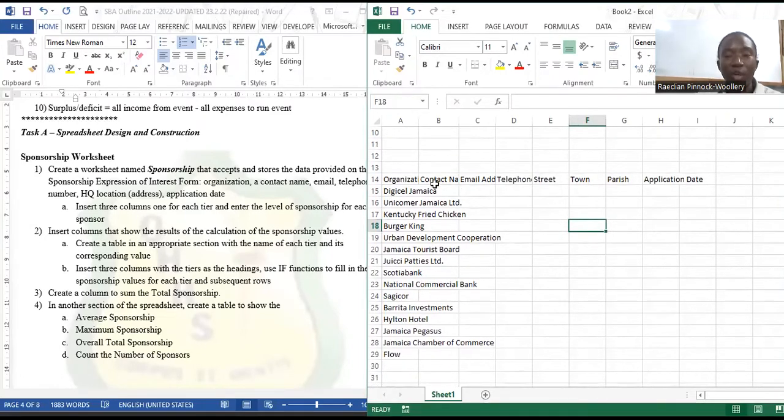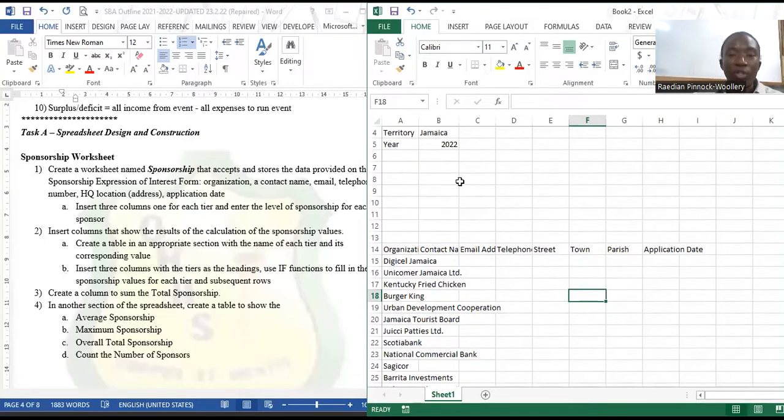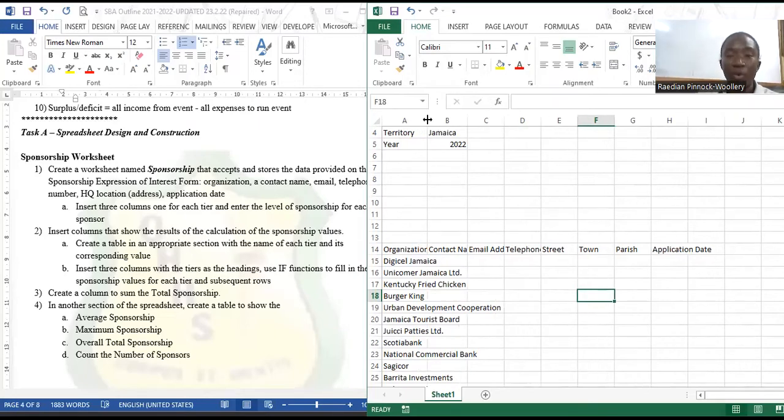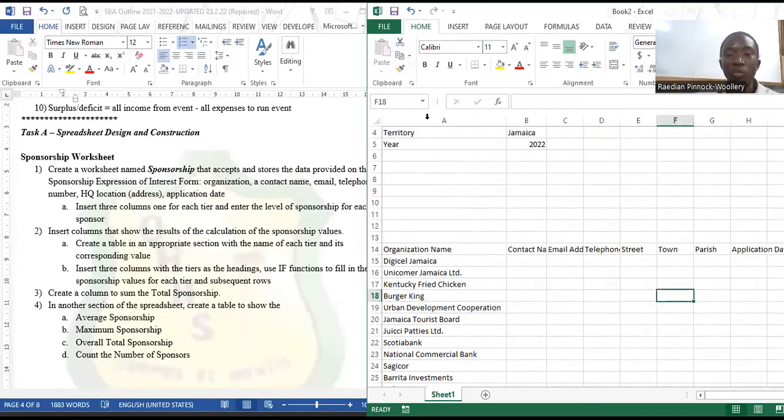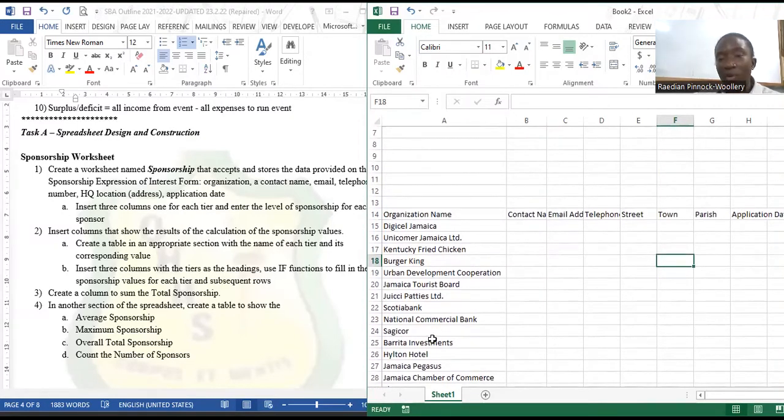You will notice, students, that the names of the organizations are so long that they are coming over into columns B, C, and D. No fear, all you need to do is adjust the width of column A. To do this, you can either click between columns A and B and drag to your right, or you can double click between the two columns. When you double click, it will adjust the width of column A according to the length of the longest piece of text, or the longest organization's name. If you click and drag, you determine how wide that column is going to be. So here I have all my 15